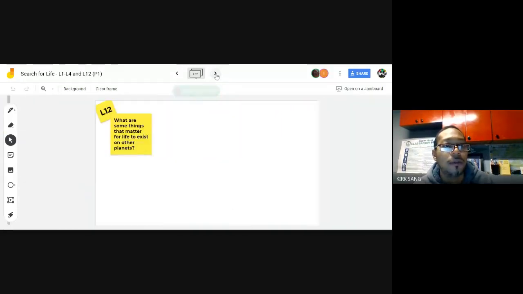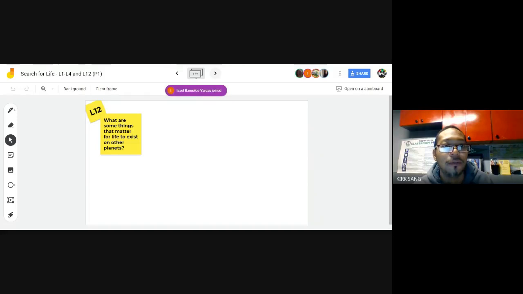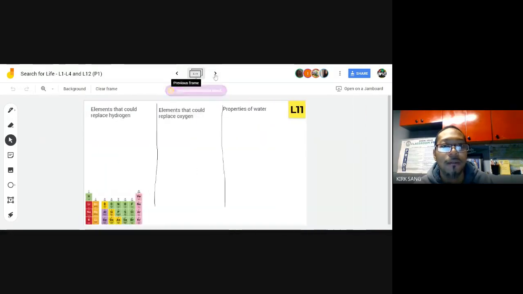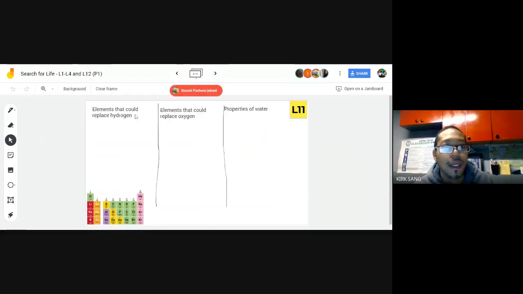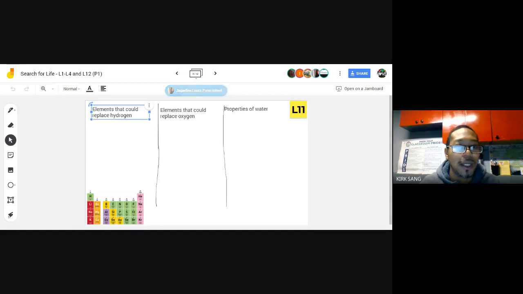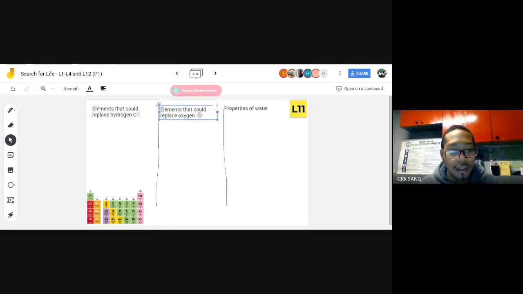Scroll on over to slide number 11. Here we have group 1. What elements could replace hydrogen? This is group 1. Group 2. Elements that could replace oxygen, giving you the opportunity to join in. And group 3,